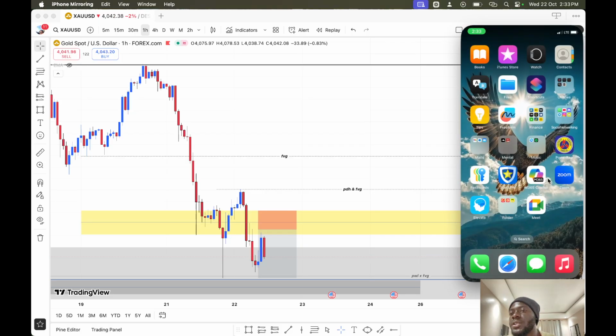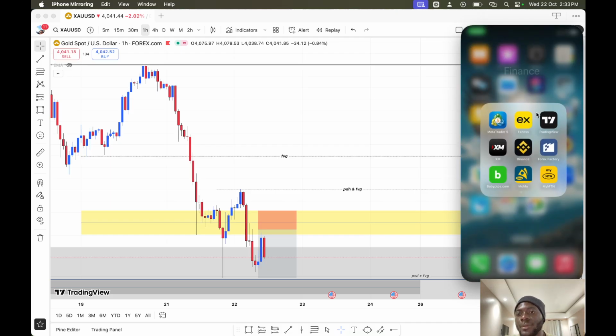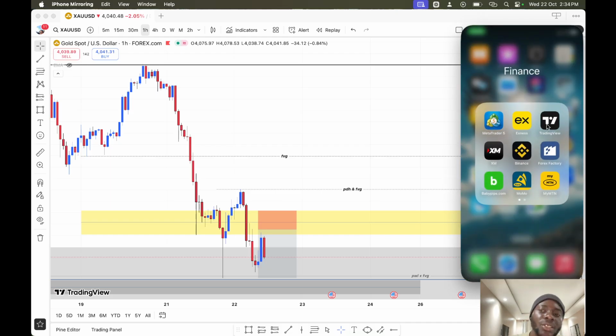Today we are going to go through the applications that we can use now, because I believe there are more things we can do, or more applications we can use, if we push the boundaries of Forex in Ghana. What I mean is